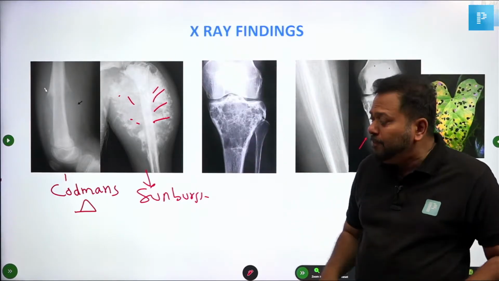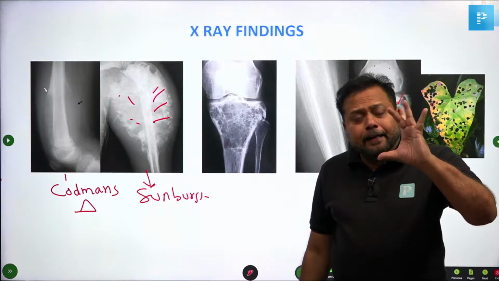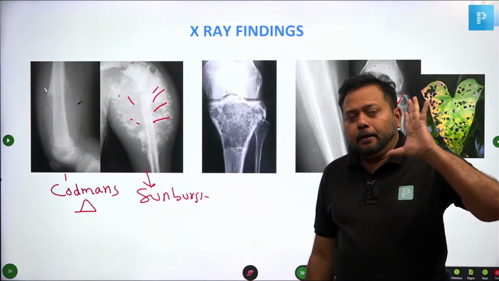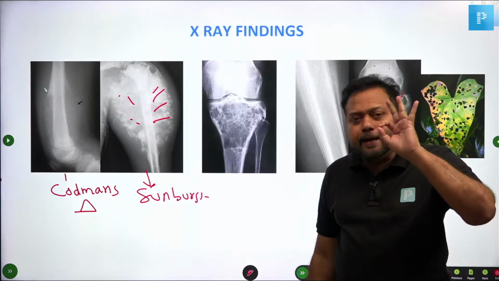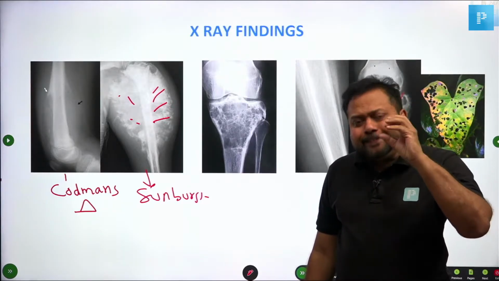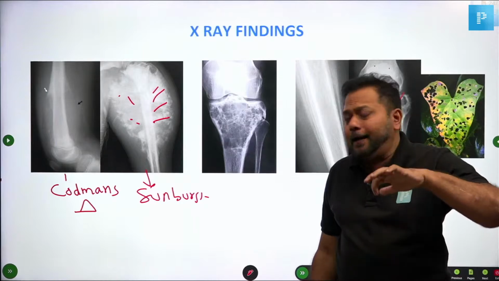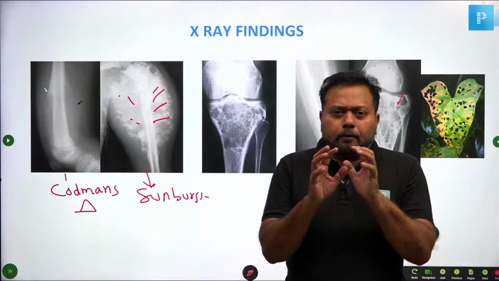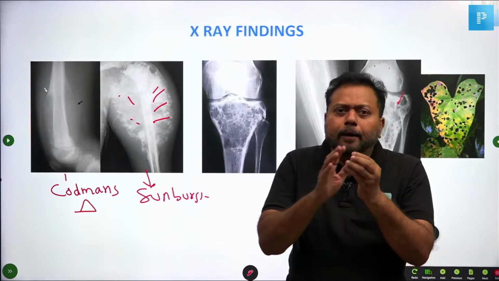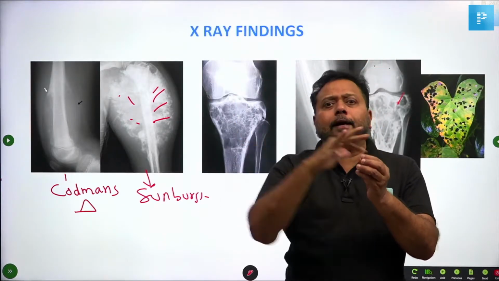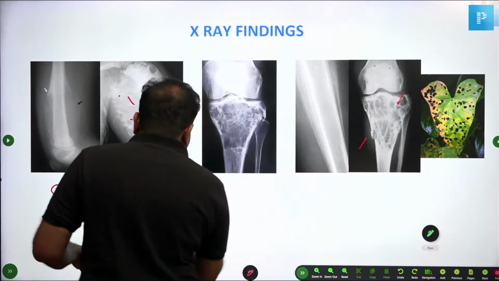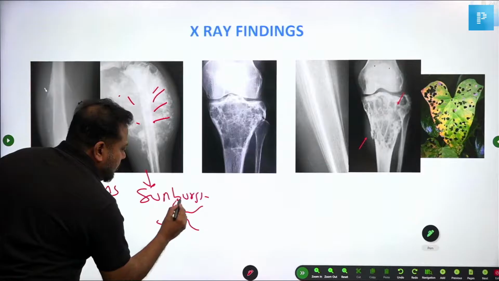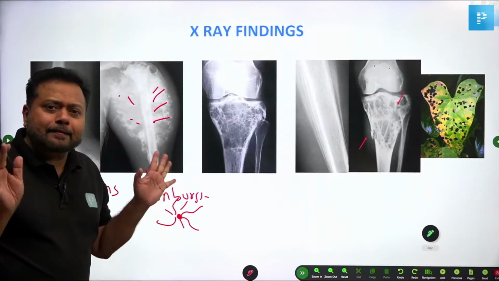You should know, X-ray can detect only bone or calcium related substance. Definitely blood vessels X-ray cannot show. Okay, what is the theory behind the sunburst appearance? You see, sarcoma is a vascular tumor. From the main tumor, lesions of blood vessels will go like that. For example, you take this as the main tumor. Blood vessels X-ray can't detect.